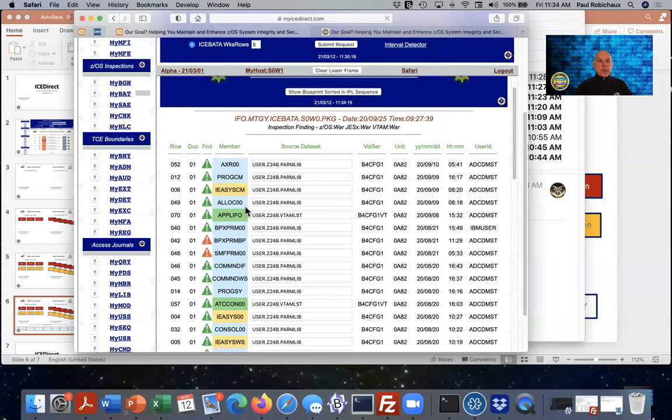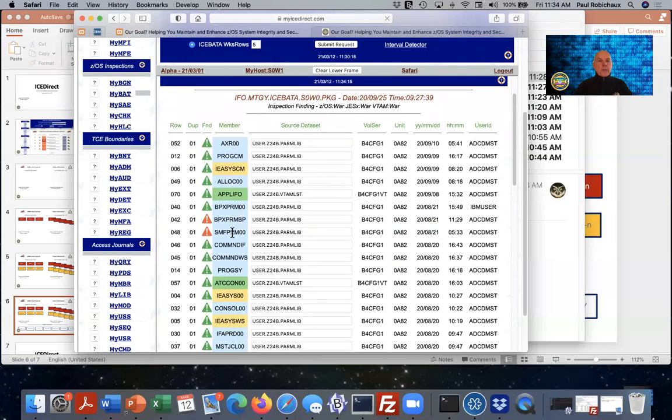No problems in the last couple that were updated, but when we get down to this BPX-PRM member, we see that there is a problem and it was updated going all the way back to August. Now, this is a development system, so it's not really a critical problem for us. If we click on the little warning sign,